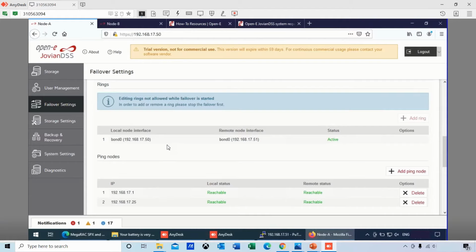That way, if this bond breaks for whatever reason, physically or logically, you can continue on the other ring path. They're sending information in microseconds about the failover heartbeat, and using the ping nodes: hey, do you see ping node X? Yes, I do. So they keep working that way behind the scenes. You don't even know what's happening to keep that failover running.